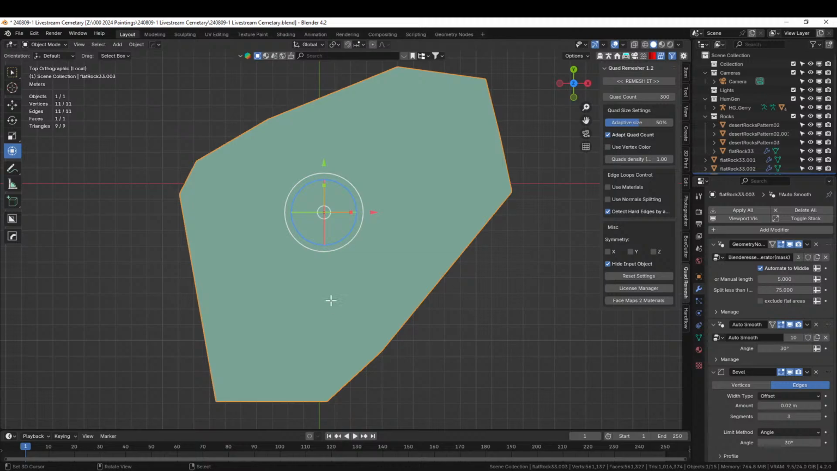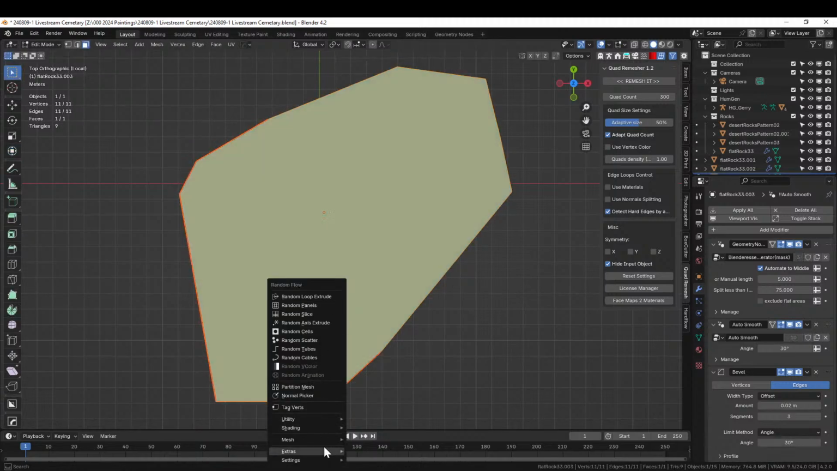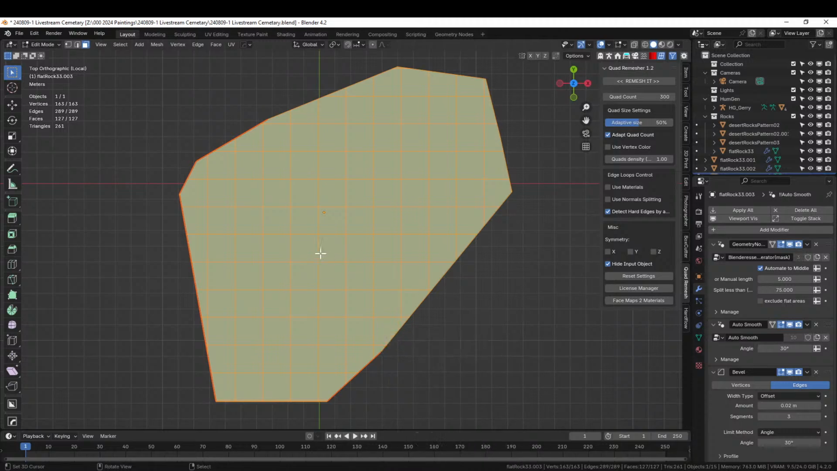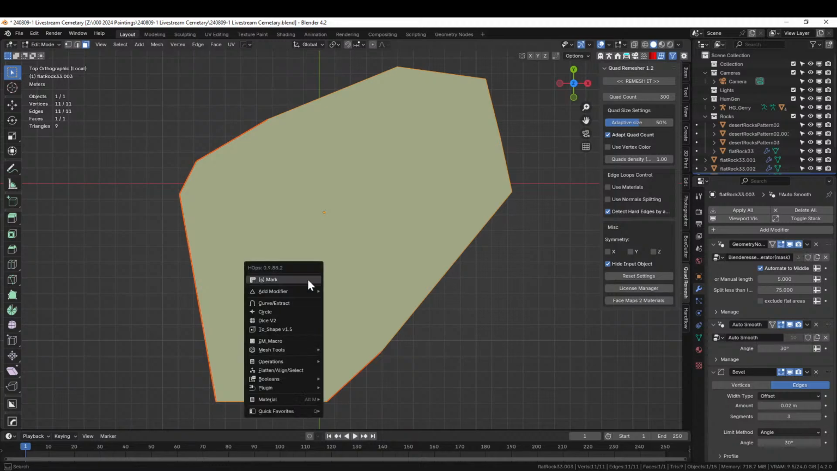Now, Tab, A, Shift Q, utility, no mesh. Yeah. Grid project. Nice. Individual Y is going to be, no, actually, we'll not do it this way. Undo. Yeah. Q. Let's use